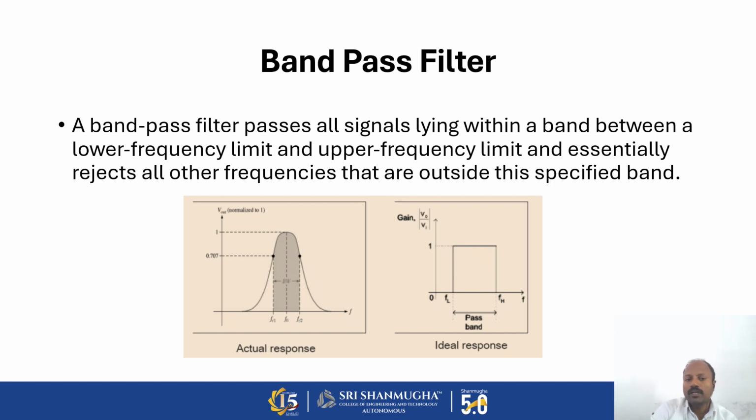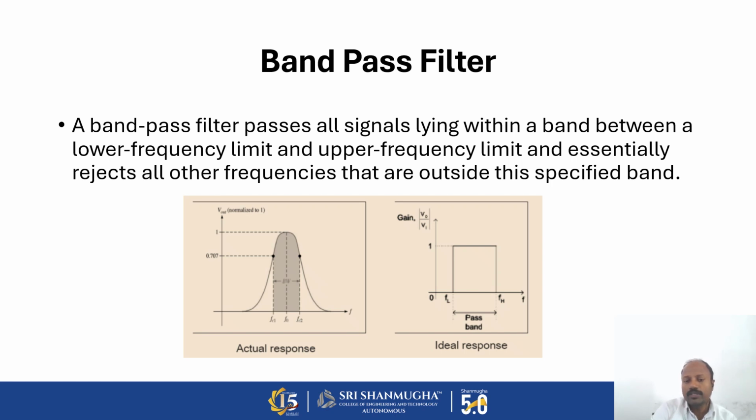A band pass filter passes all signals lying within a band between a lower frequency limit and an upper frequency limit, and essentially rejects all the other frequencies that are outside the specified band. Only the frequencies that are within the particular band will be allowed to pass through by the band pass filter. So we are seeing the frequency that lies between FC1 to FC2 will be allowed to pass through the circuit, and the lower and the very high frequency will be rejected. So this is the actual response of the band pass filter, where we can see the FC1 to FC2 is the allowed range of frequencies,